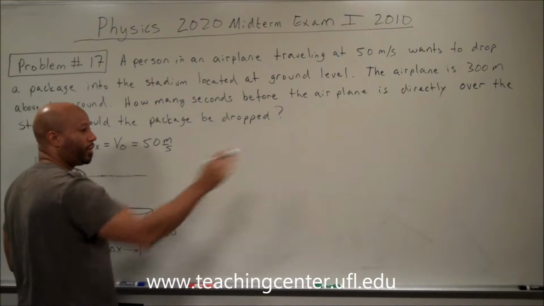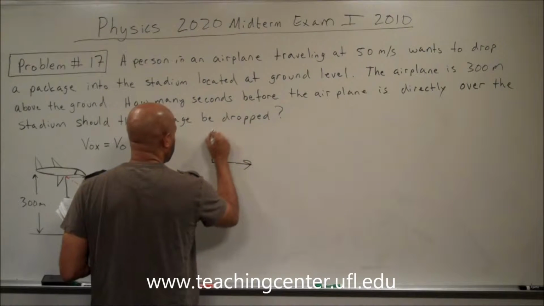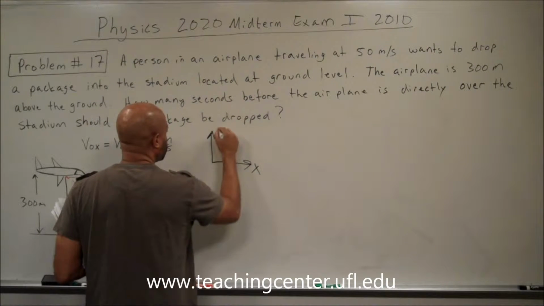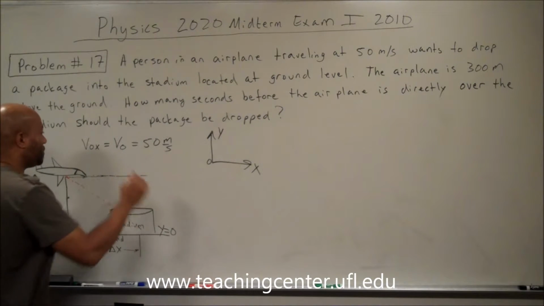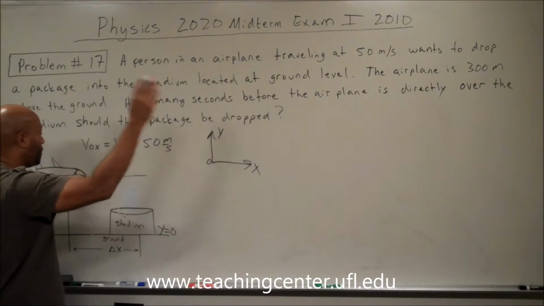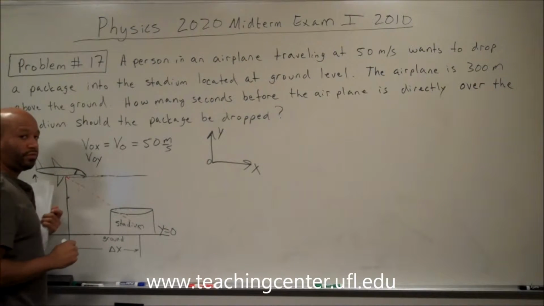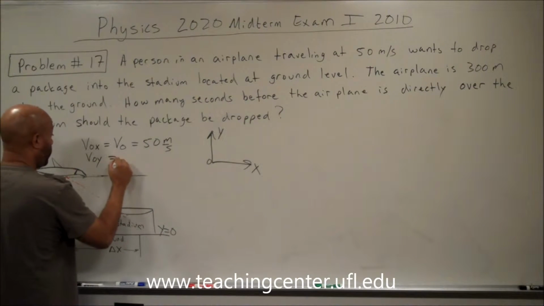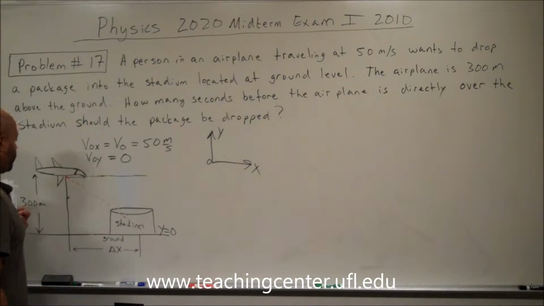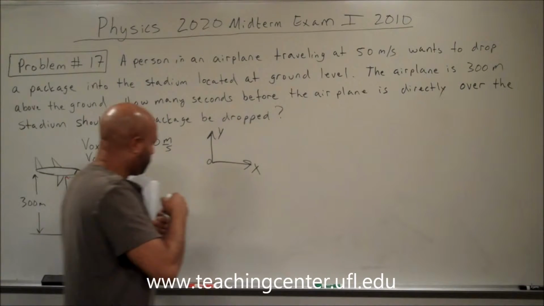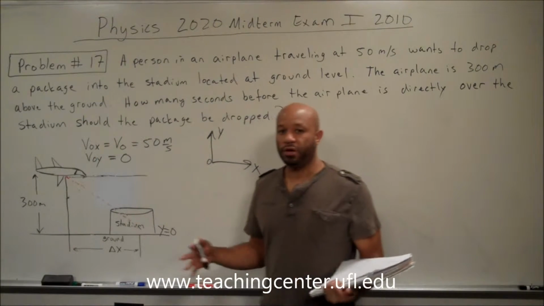Since it's only traveling in the x direction, let's set up our coordinate system where this is the positive x and this is the positive y. Since it's only traveling in the x direction, that implies that the initial velocity in the y direction is 0. Given this information, how are we going to solve the problem? Well,